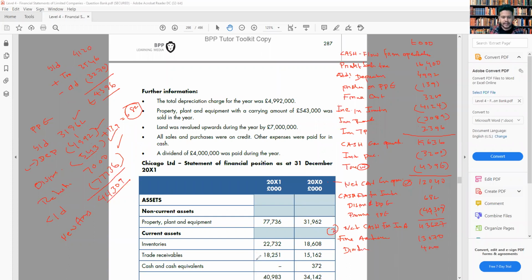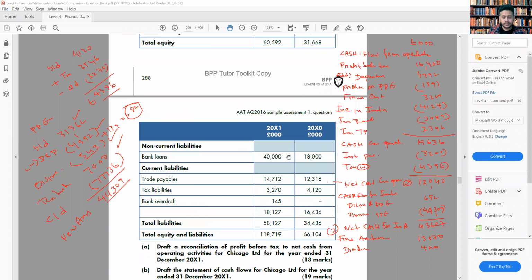And we have some bank loan. Now the bank loan is kind of a liability, but we have to see, is it money in or out? You don't have to see from the liability point of view. Here we're only looking at is money in or money out. So you can see last year our bank loan was 18,000 and this year bank loan is 40,000. So we have borrowed more money from the bank. So if we borrowed more money from the bank, more money came into the business. So how much extra money came? It was 18, now 40. So that means 22,000 you borrowed more. So more money came to the business. So we said bank loan